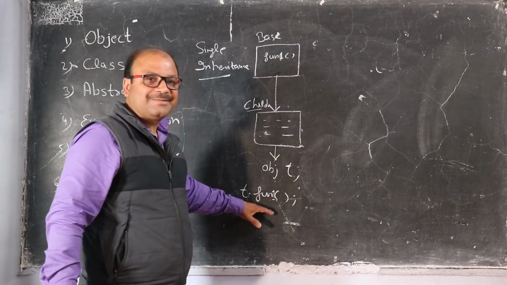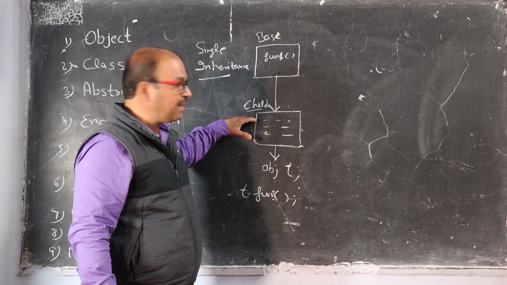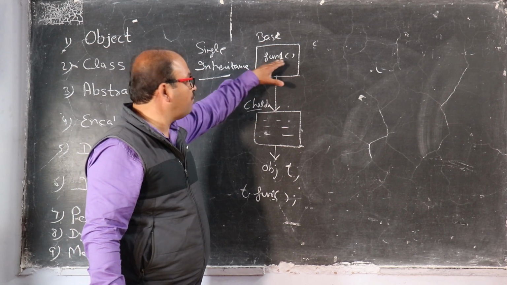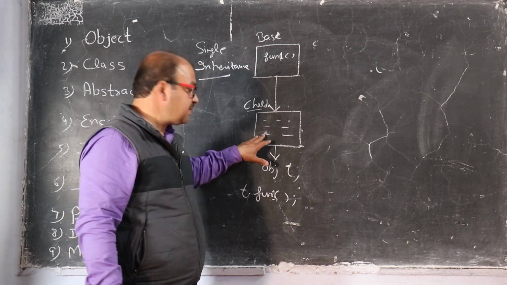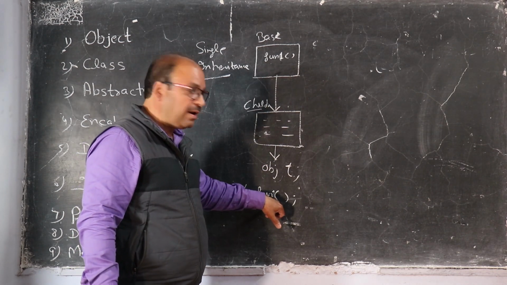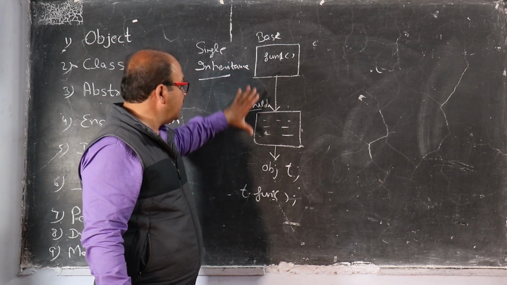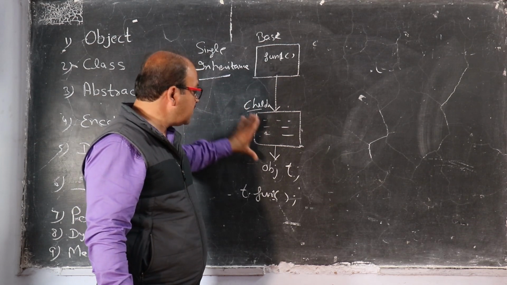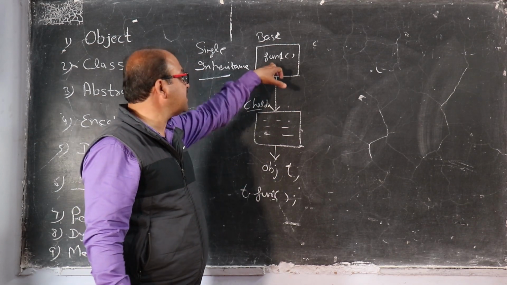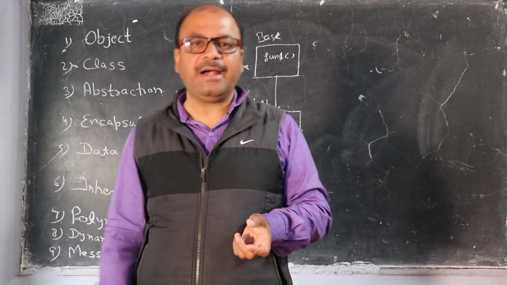If I am using this, T is the object of class child, but there is no function fun1 inside the class child, but I can access the function fun1 through the object of this child class. इस child class में function 1 नहीं है, but child class के object के through मैं function 1 को access कर रहा हूँ. This is called the inheritance. This is called single level of inheritance.